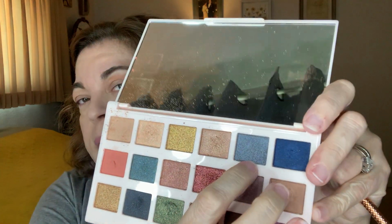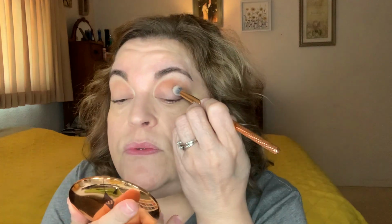It's sort of like not a shimmer, but between a matte and a shimmer, and it's a light blue. It looks darker in the pan than it goes on, and I'm going to place this right on my movable lid. And as you see, I am just tapping, tapping, tapping. And then I'm going to do another layer, tap, tap, tap. And then to the next eye, tap. And I might be using too big of a brush,